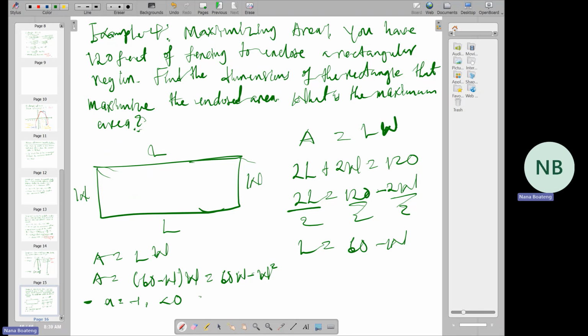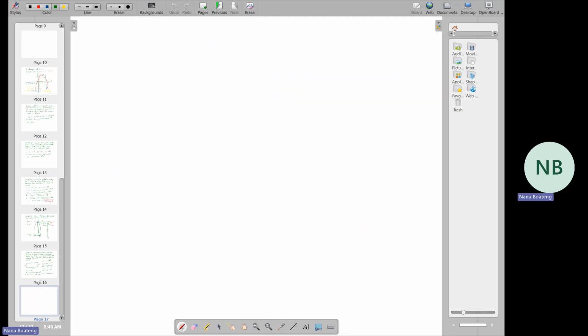So the area has a maximum at minus b divided by 2a, which equals negative 60 divided by 2 times negative 1,